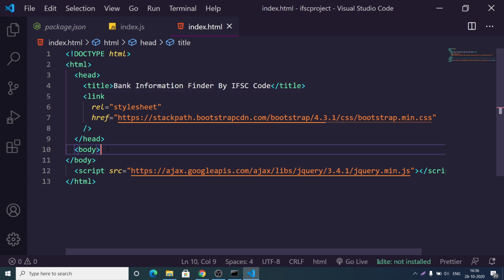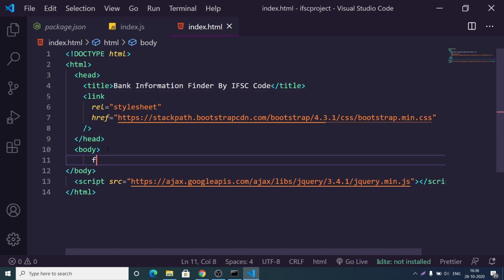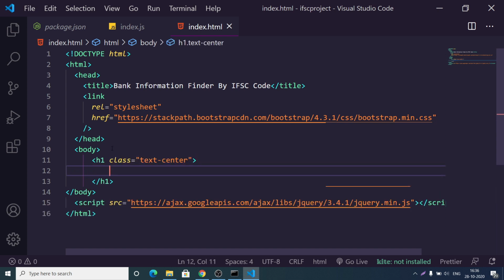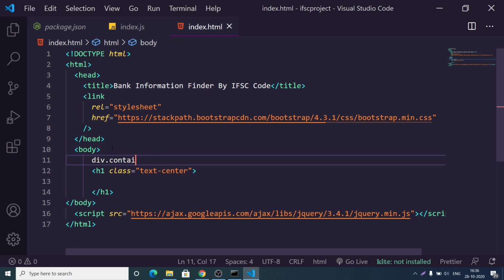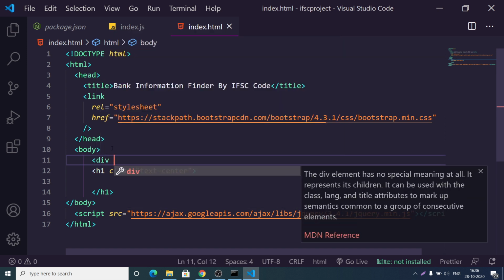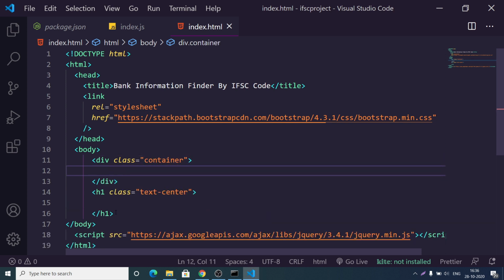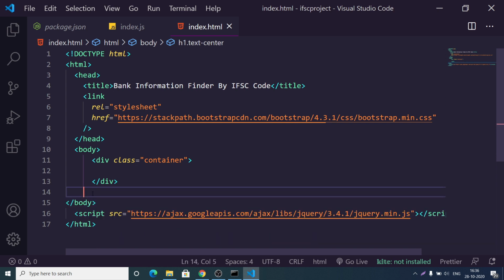Now what we want here is a simple form. First of all, we will have a heading in the center position, and we need to wrap this inside the container class of Bootstrap. So just move this heading inside this div.